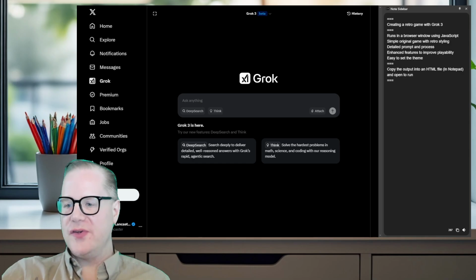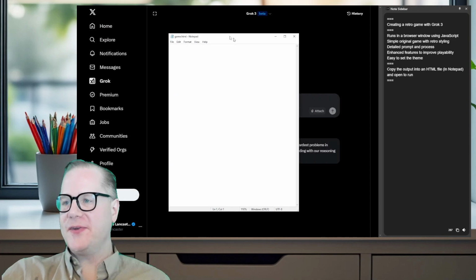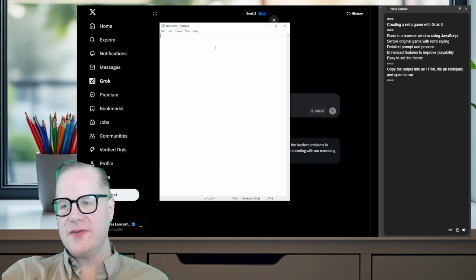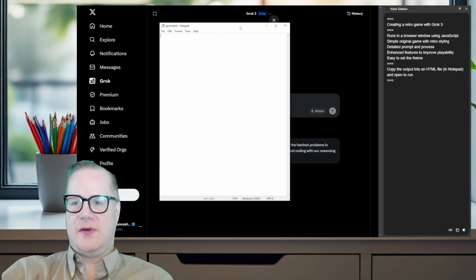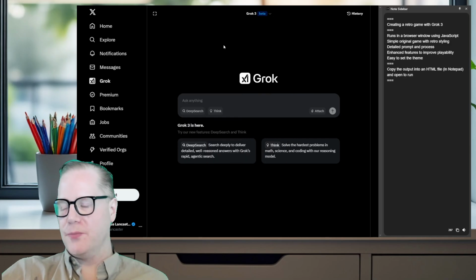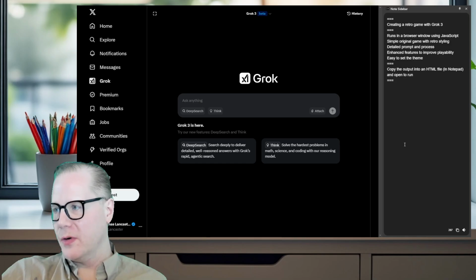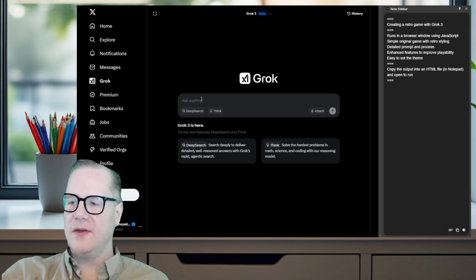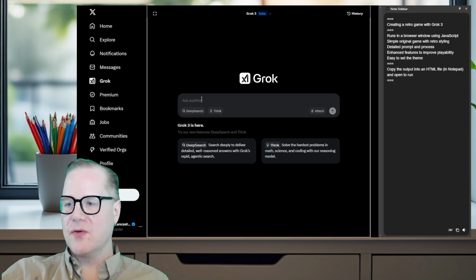And all we're going to do is to generate some code and paste it into an HTML file. So in this case I've called it game.html, but it's just going to be a notepad file there, and it's running JavaScript, which is a programming language, but you really don't need to be a programmer to do this. But just so you don't think I'm cheating too much about this, I'm going to ask Grok to